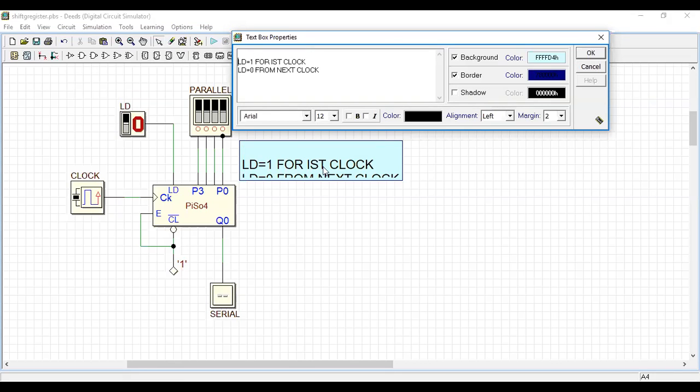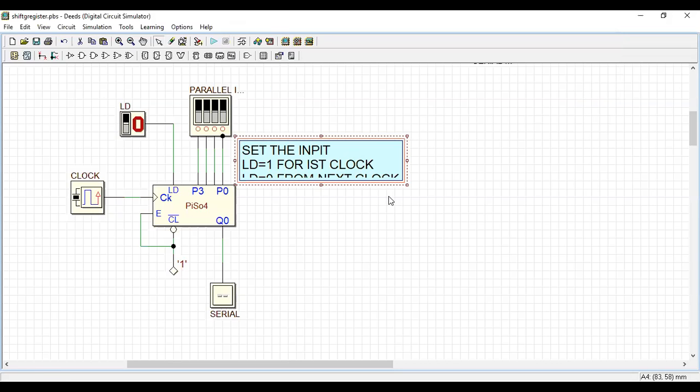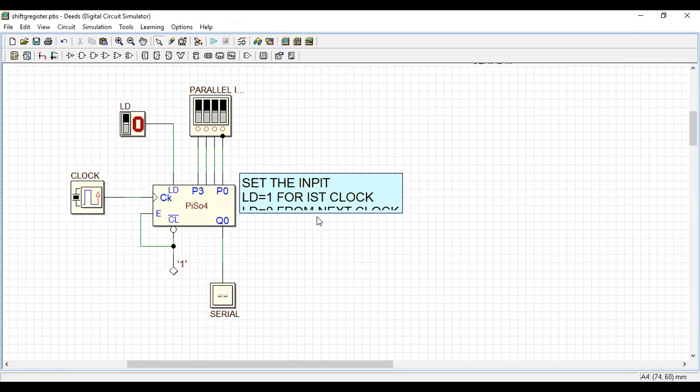Before this, what do you have to do? Set the input. So set the input, make LD equal to 1 for the first clock pulse, and then LD equal to 0 from the next clock pulse. That is the thing we have to do.